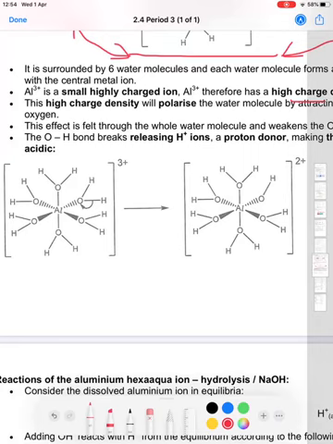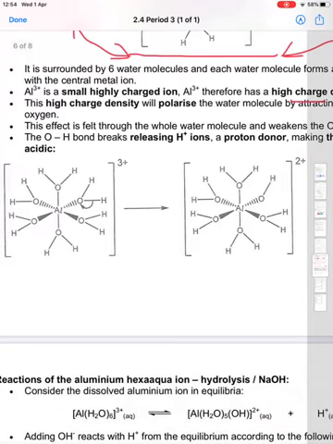Because the bond here, and in fact in all of the oxygen-hydrogens around this complex ion, are slightly weaker, they have a tendency to break. If I use a curly arrow, which is this curly arrow here, and oxygen being the most electronegative, you can see that when the bond breaks, the pair of electrons goes on the oxygen, and essentially what we've